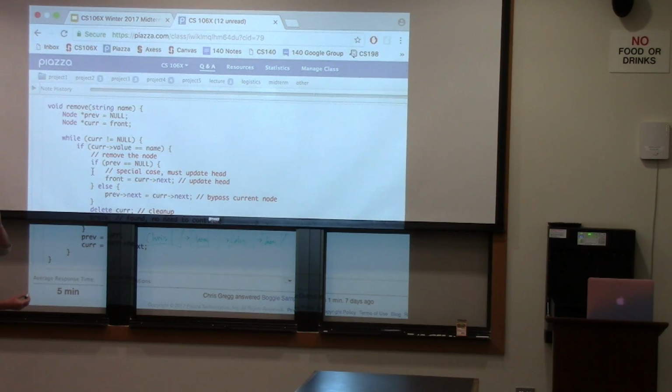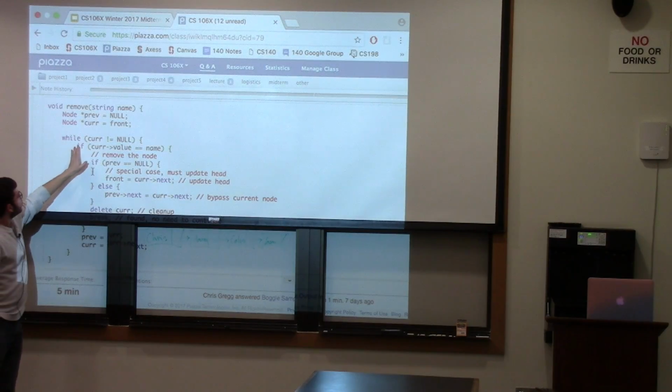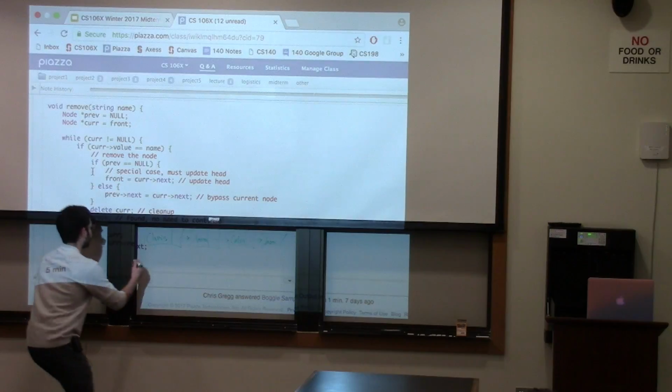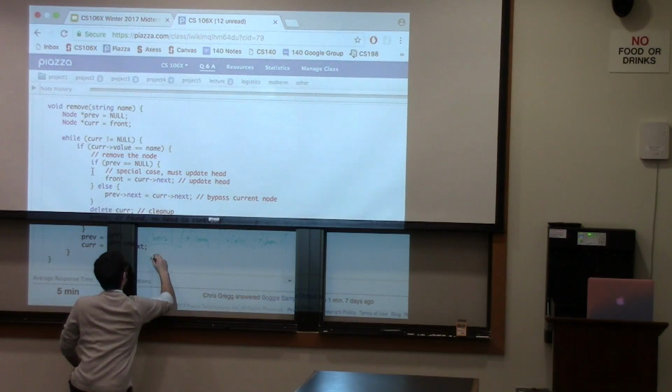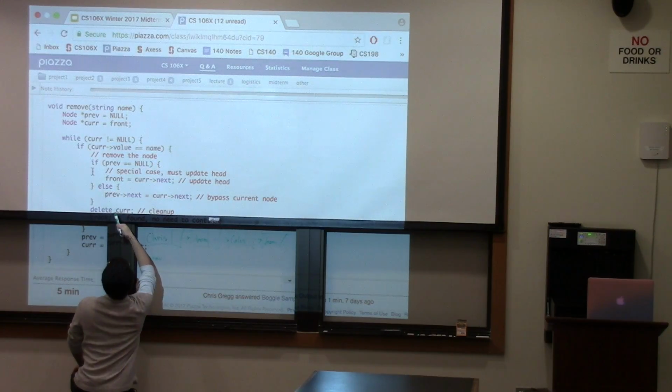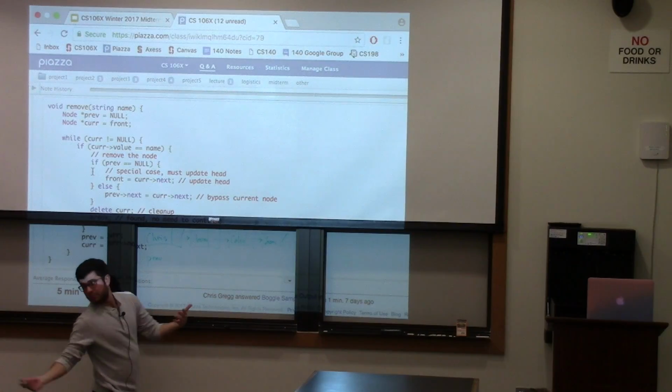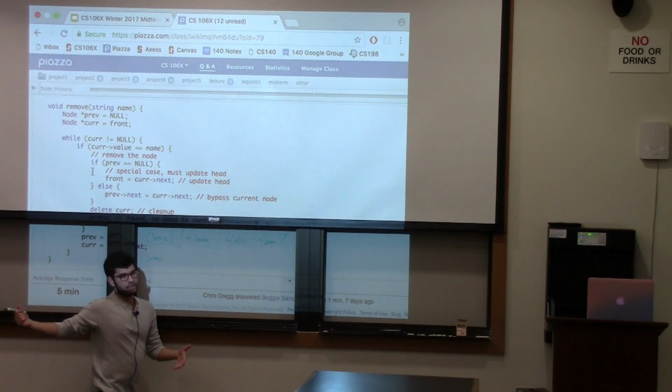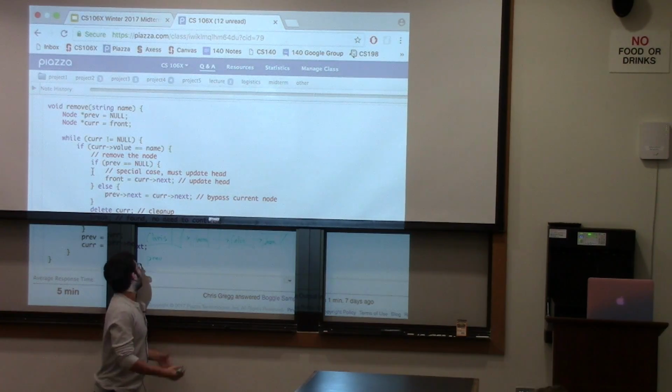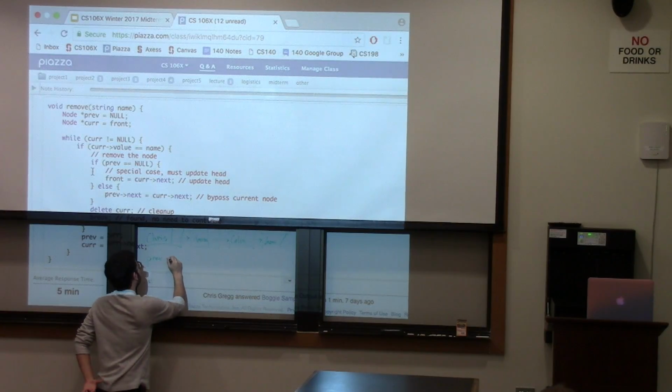Okay. So we're going to start off using this method for removing a name from a list, passing in the name Colin. When you start out, you have this prev pointer, and it's a node star, similar to that, except it points to a memory address of a node rather than an int. So you have prev is null,